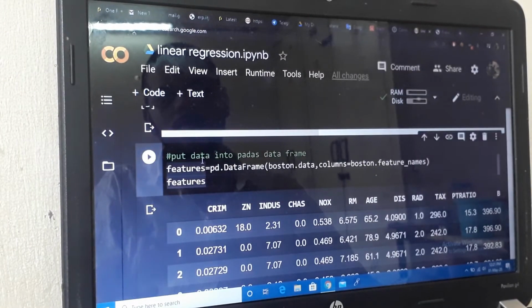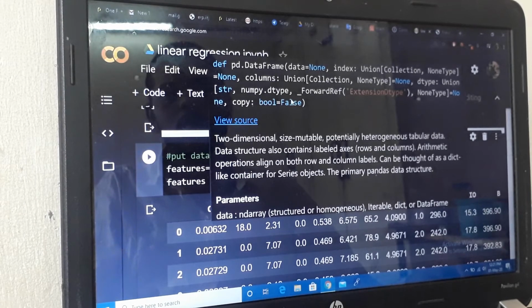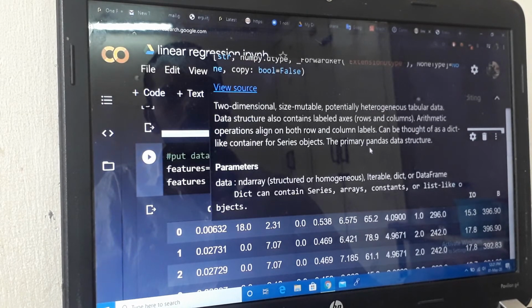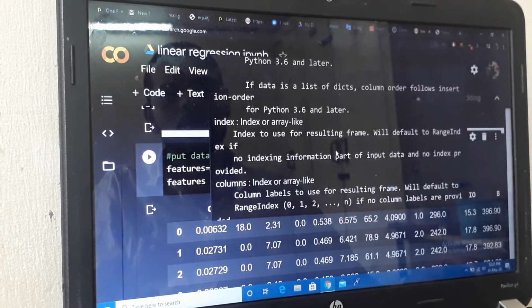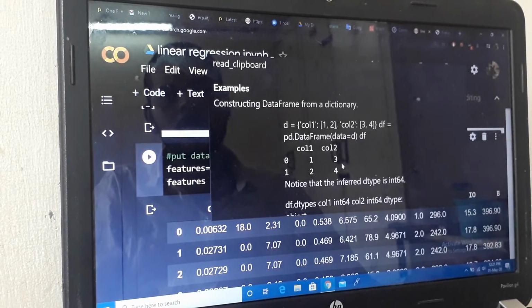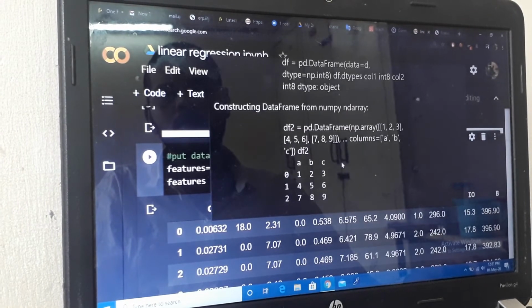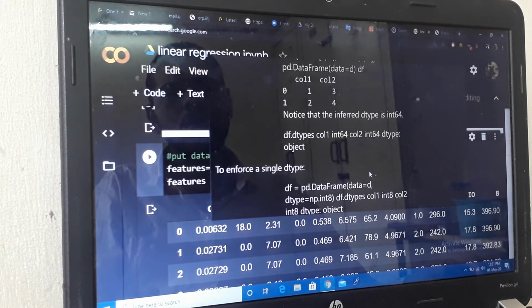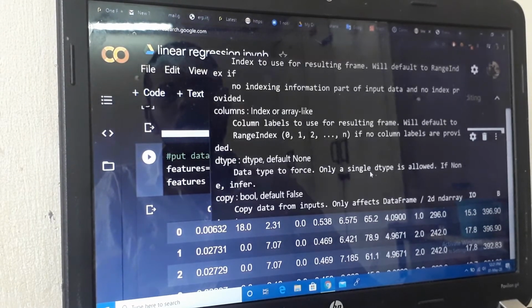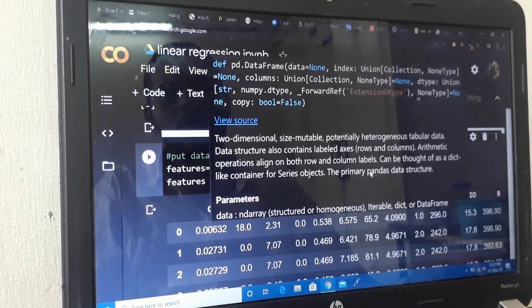So first we import the pandas DataFrame. We are using the variable, feature, pd.DataFrame. DataFrame is a function, and that is its documentation. If you look at this documentation, you will get that much knowledge: how many columns there are and which arguments you are passing.